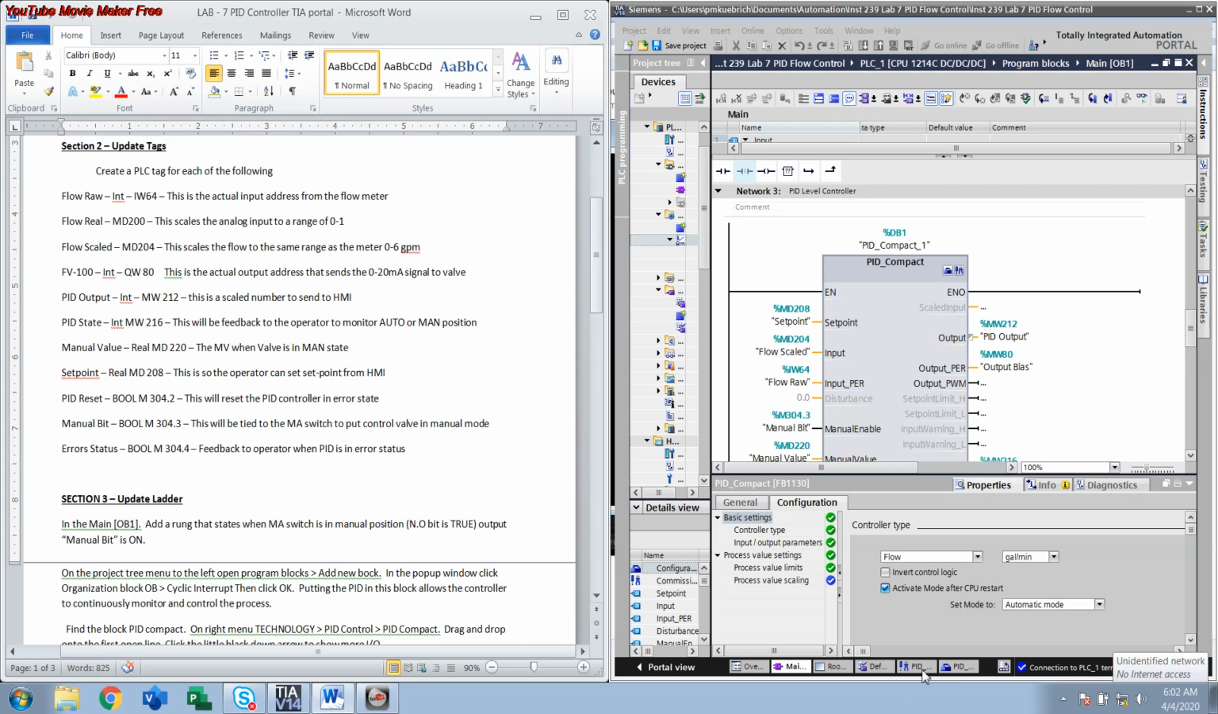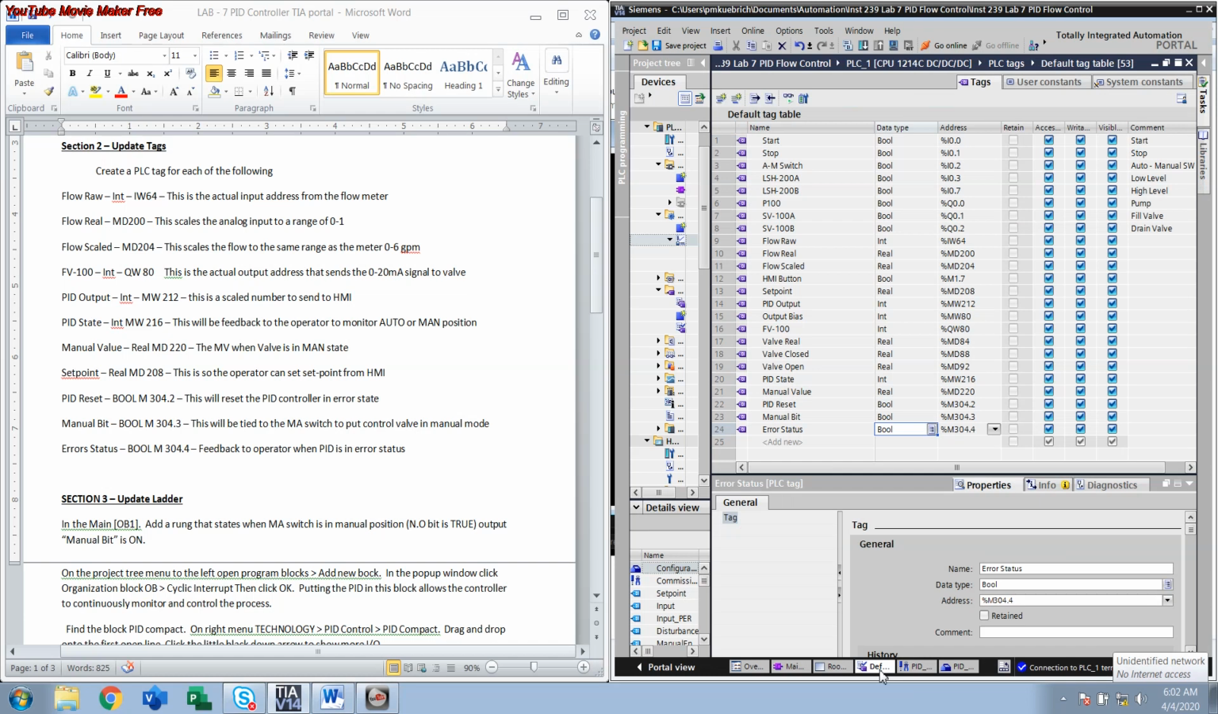So the first thing we want to do is update our tag table. This was originally set up for level control, not flow control. So we have our flow raw coming in here. This is the actual input from the analog input device from the flow meter, and then we scale that from a range of 0 to 1. And that becomes our flow real, and then we apply the same range as our flow meter, 0 to 6